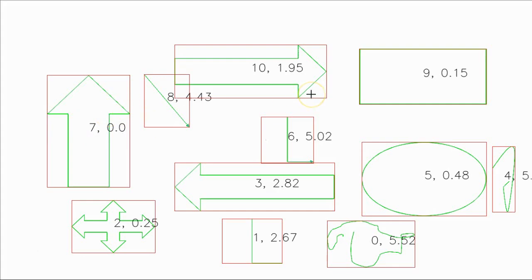And the bigger number, the less amount of match. Okay, so if you see this part, 1.95, 2.382, that is okay, decent. But one thing, if you observe, this is 0.25. It means this piece has a good amount of matching with this, compared to this 3 and 10, which, as